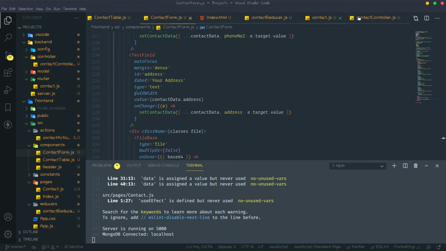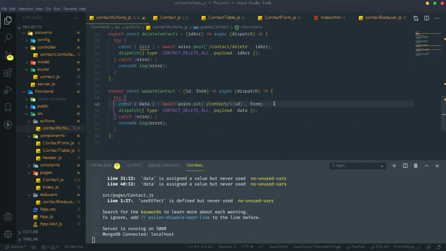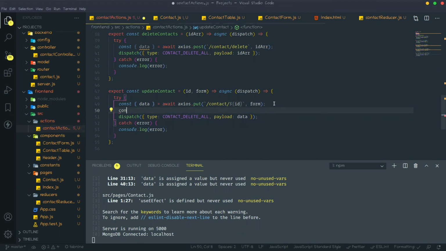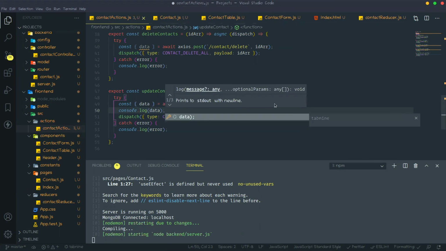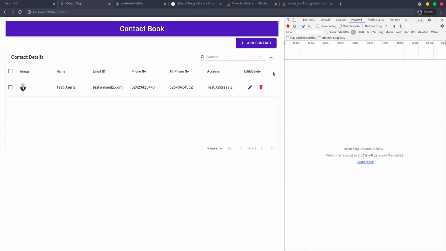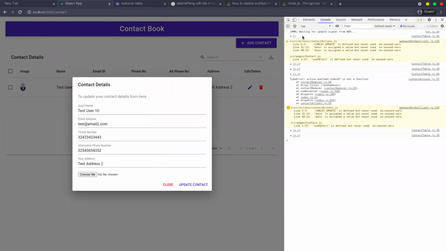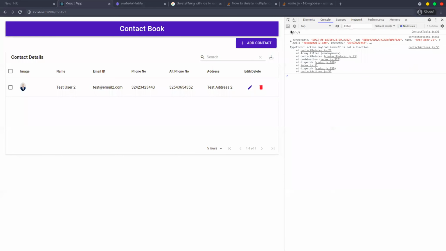Go to the actions. Okay. Where is that? Actions and contact actions. Here we need to check what data we will get, like console.log data. Oh, sorry.